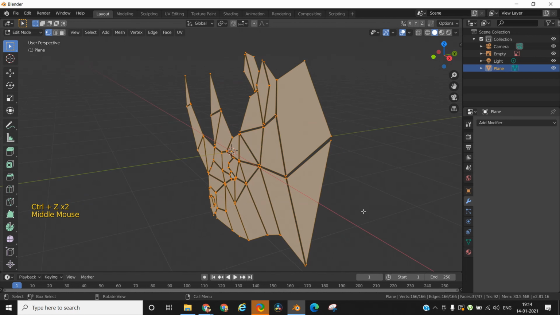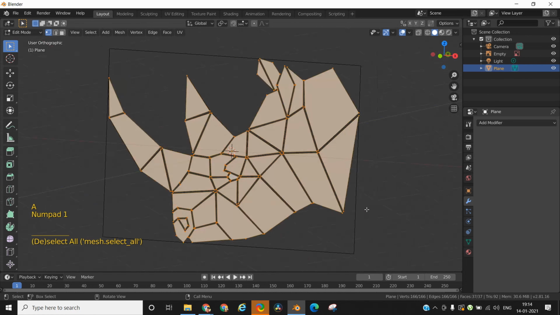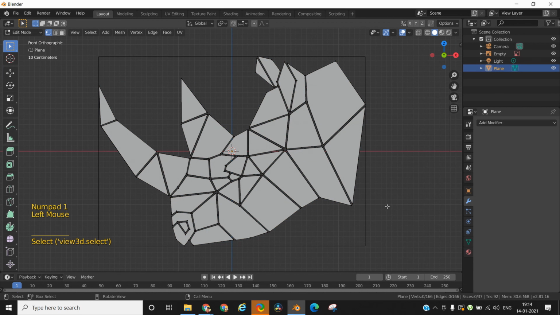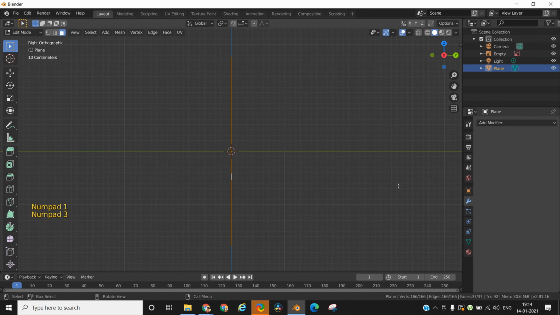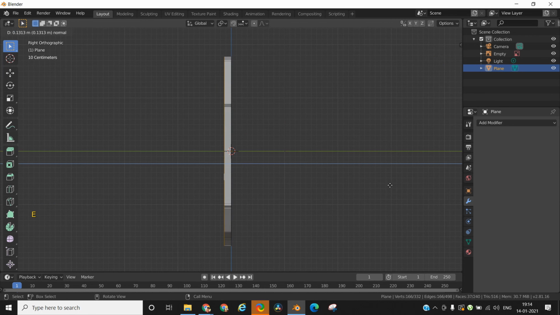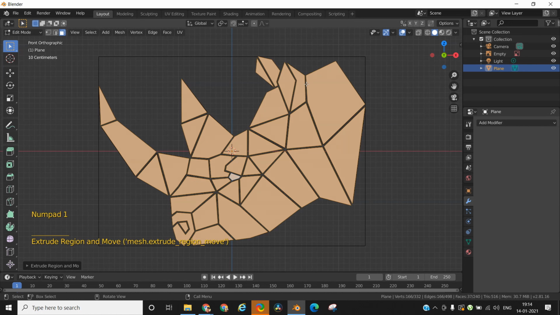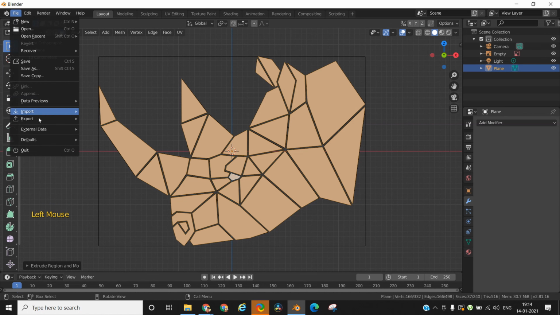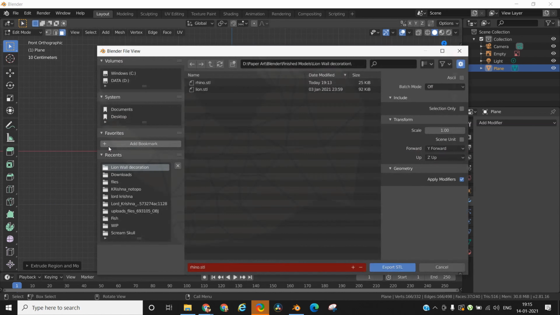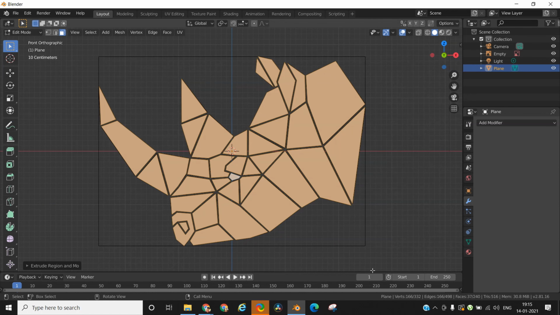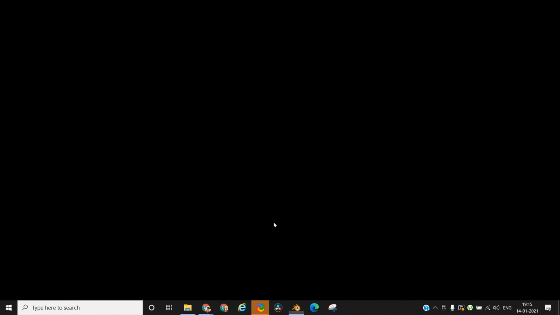Once you have completed the 2D building, now it's time to convert it into 3D. Select all the planes by pressing A on your keyboard. Then press 3 to go to the side view. To extrude, or in other words to create depth into your model, press E on your keyboard and extrude it along the Y axis. Finally export the 3D model as a .stl or .obj file for you to work on Pepakura and build a template out of this 3D model.